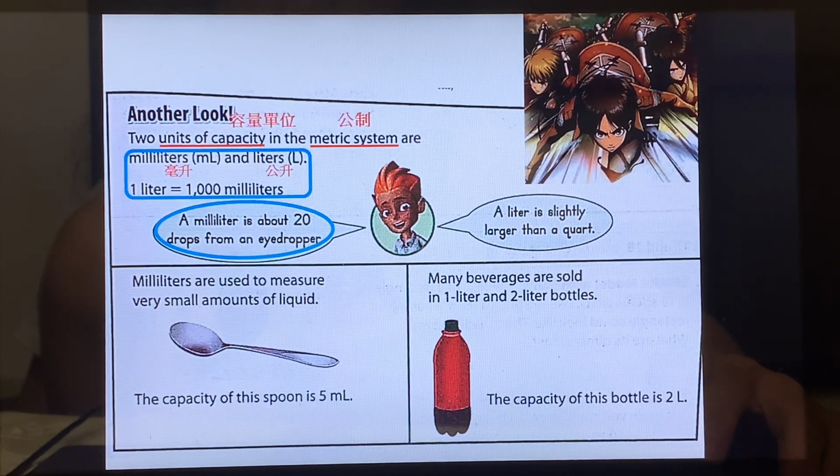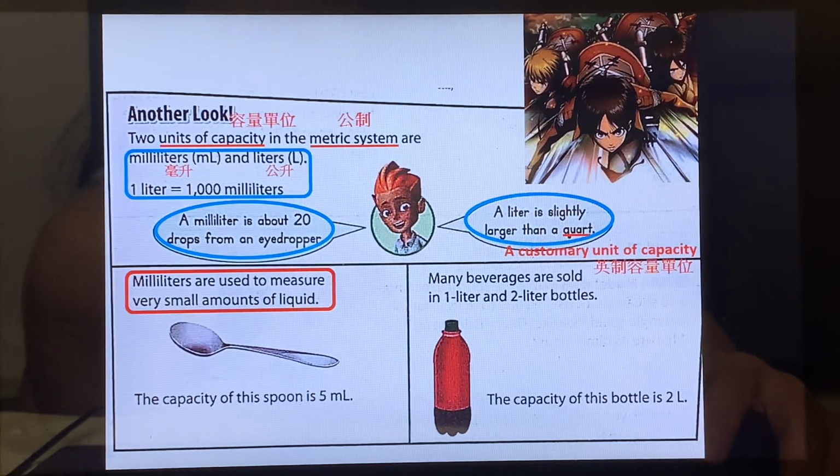A milliliter is about 20 drops from an eyedropper. 1毫升的量大概就是用滴管滴20滴。A liter is slightly larger than a quart. Quart is a customary unit of capacity. Quart 是一个英制的容量单位。1公升的量呢，就差不多比1个 quart 还多一点点。